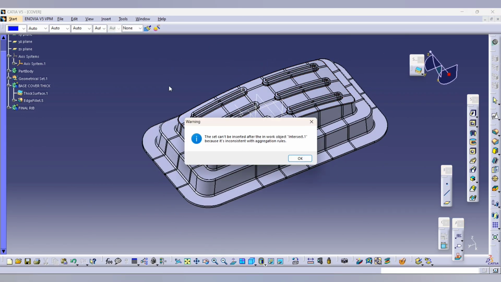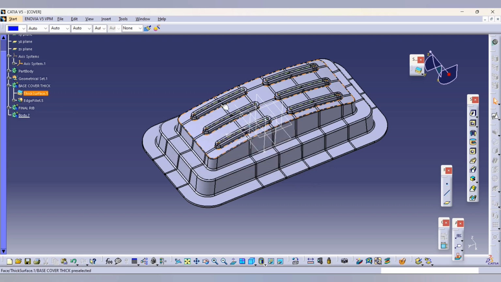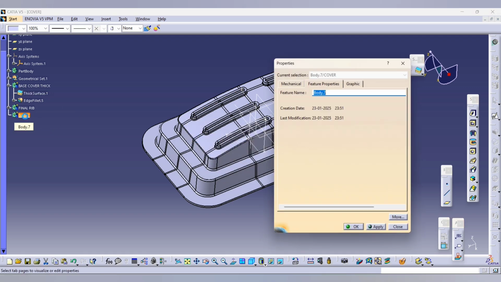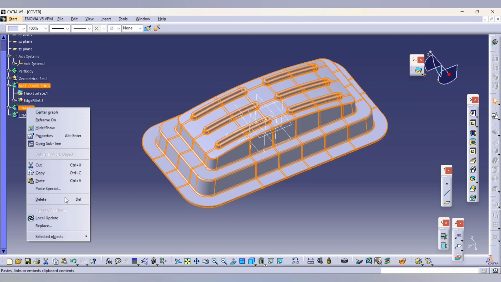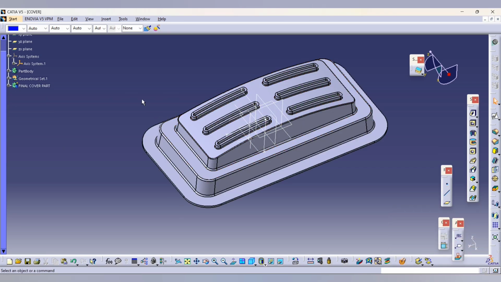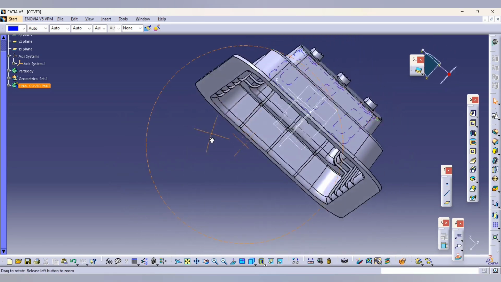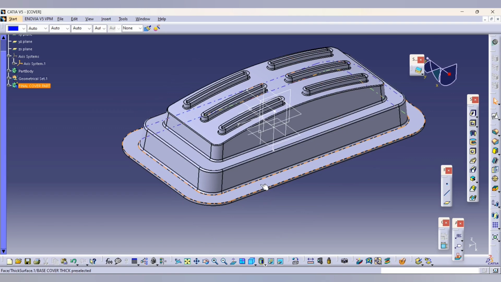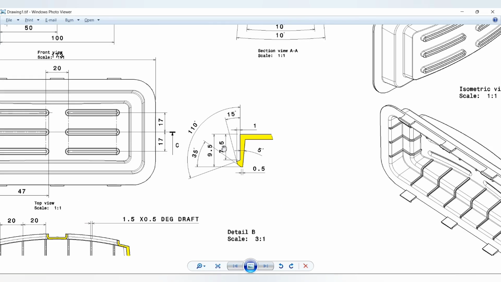the look. So finally we have to add all the bodies, like the base body and this final rib body. We'll give the final body, adding both bodies into our final product. So here you can see the ribs are added. So most of our component is completed. You can see here. Now only the